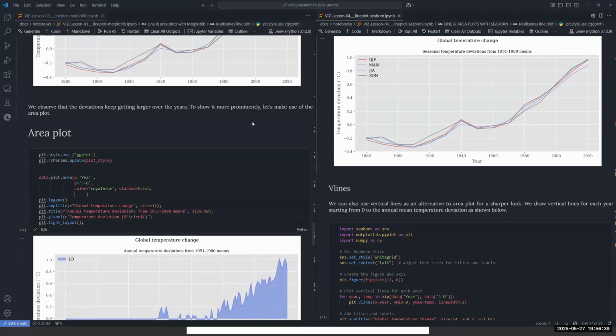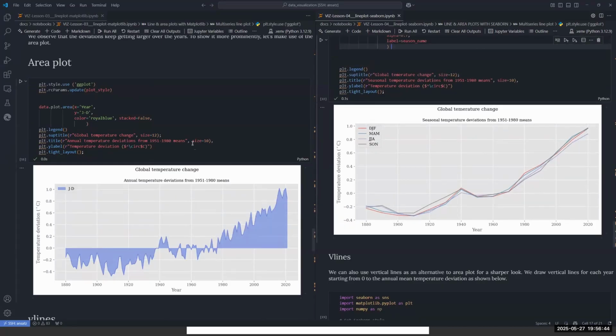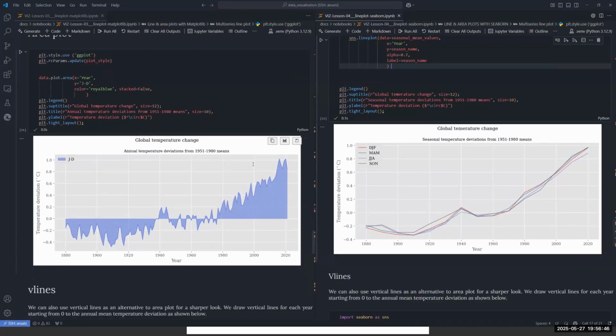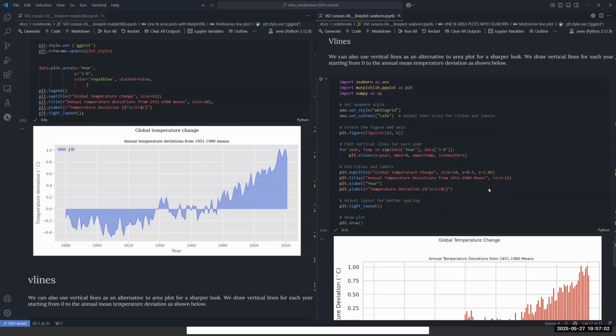Now coming to area plots, in Seaborn there is no inbuilt way to do area plots. So we have to go back to Matplotlib. I think you already see that Matplotlib supports a larger number of plots, like we already saw a lacking in Seaborn, right? So moving ahead to vlines,